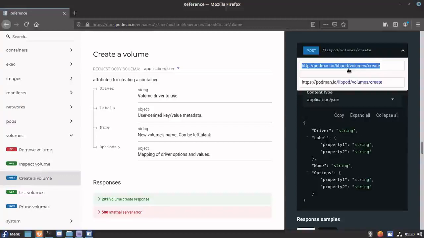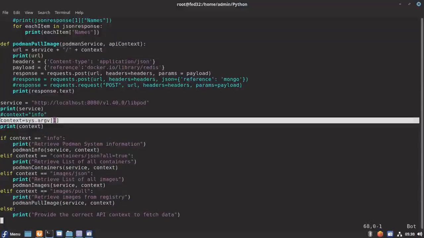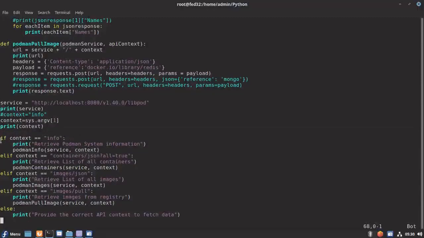You can capture these details like the URL from the API reference, using the argument that I'm going to pass within the application.